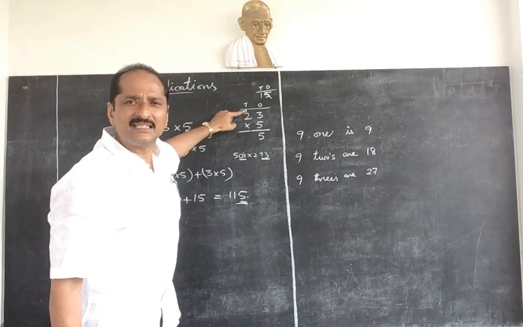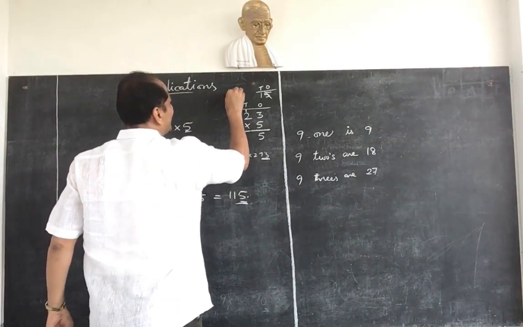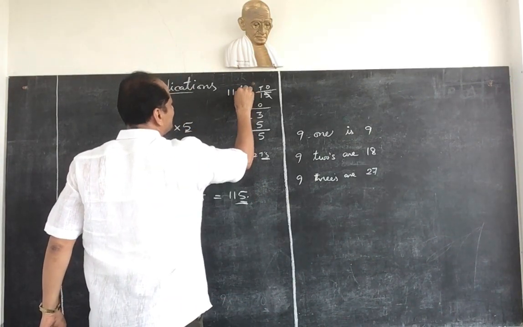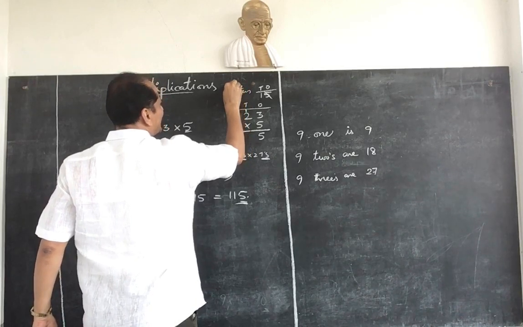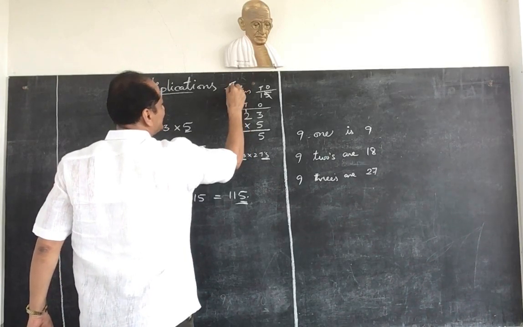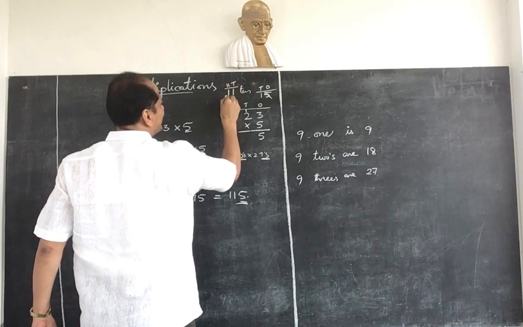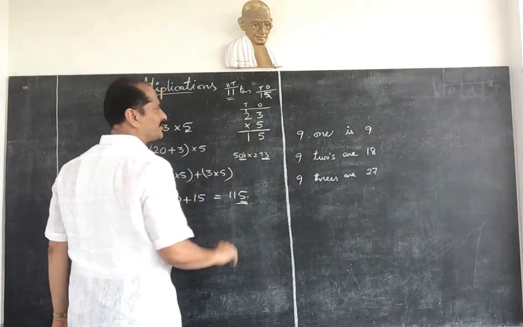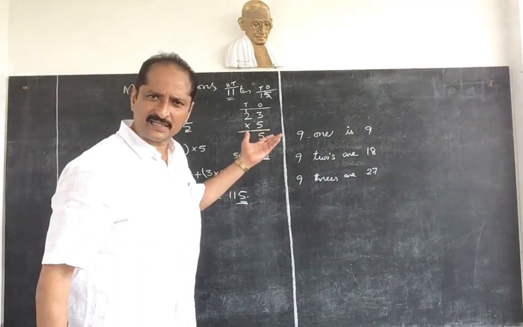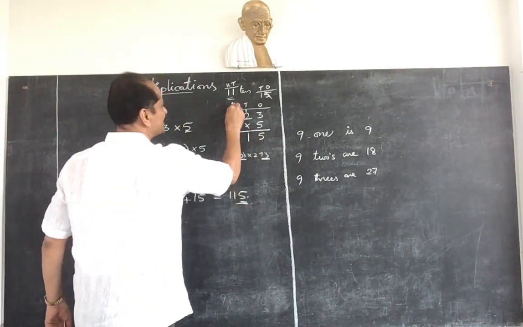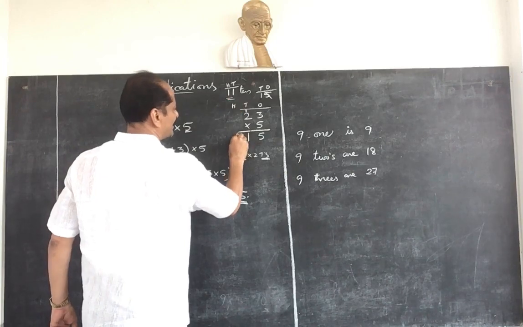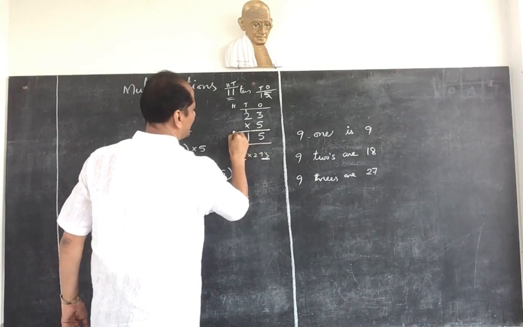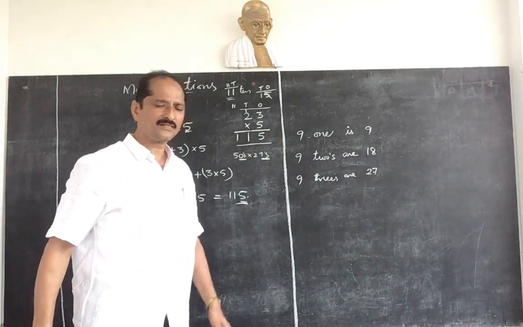So this is 11 tens. 11 tens means, observe carefully again. 11 tens means 1 is in tens place, and the next greater place than tens is hundreds place. This 1 should be written in hundreds place. So write down 1 under tens place. Now is there a hundreds place here? No hundreds place. So write down 1 under hundreds place. That is 115. This is also understood?